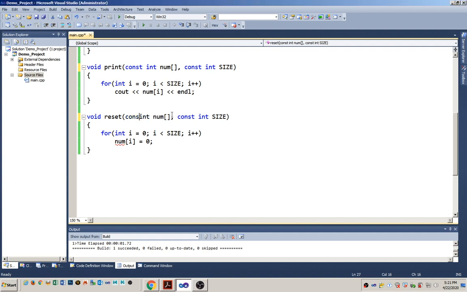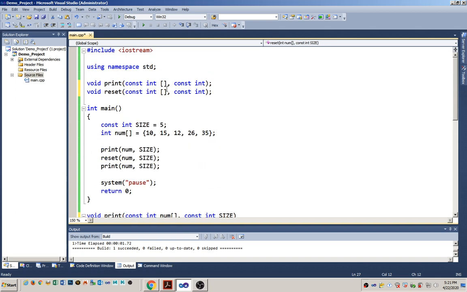So you should do that wherever you know that you're just printing things out and you're not going to ever modify the values in it. Use the keyword const. Now the other thing to note is that putting const here for the size of the array is generally not that helpful to do. And the reason for that is because it makes it so that you could only call the function on arrays that have the exact same size. So they would always have to be,